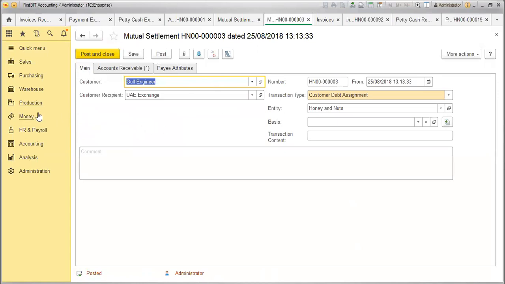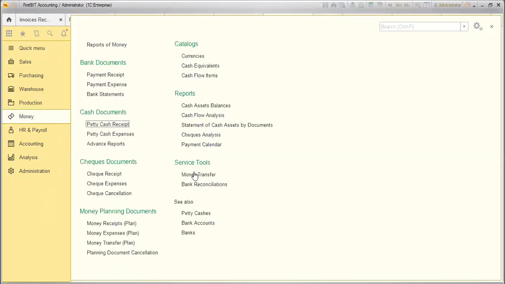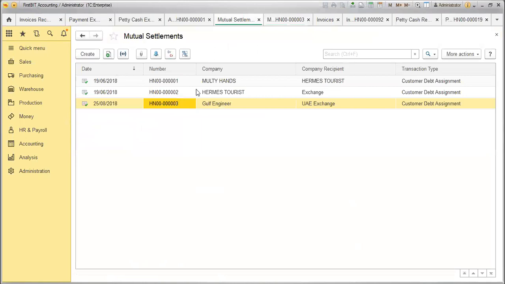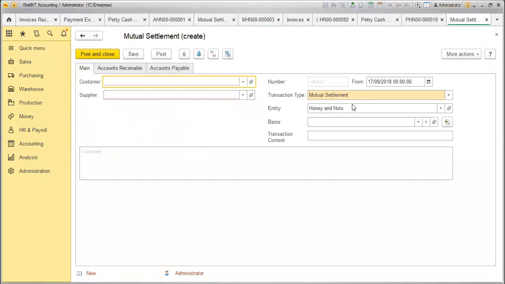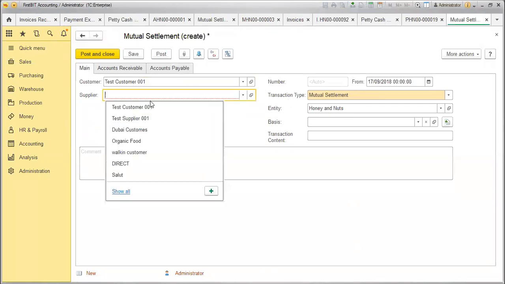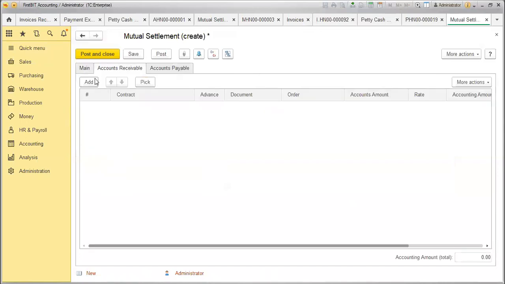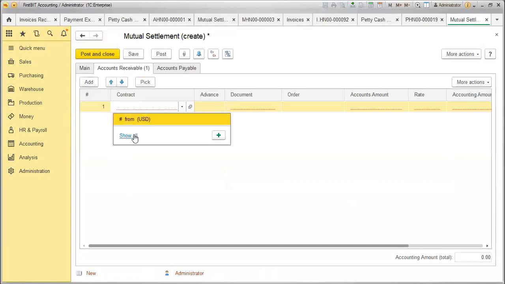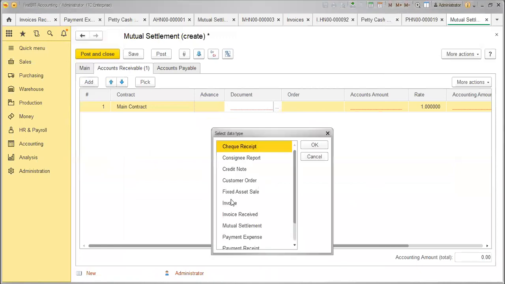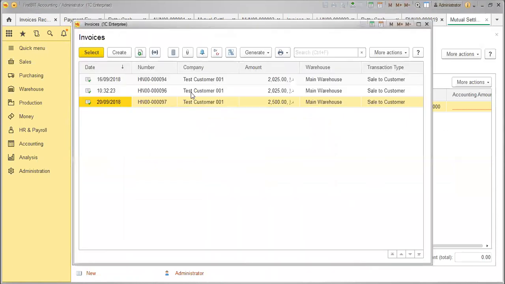Based on another transaction type, you can open accounting mutual settlement. For example, if you are choosing the mutual settlement transaction type, the same customer, the same supplier will also be the same. Then here you can choose your receivable document, like maybe main contract, and the document should be here. You have to select this button. So which document is the receivable document? You can select this invoice number one. For example, this document,